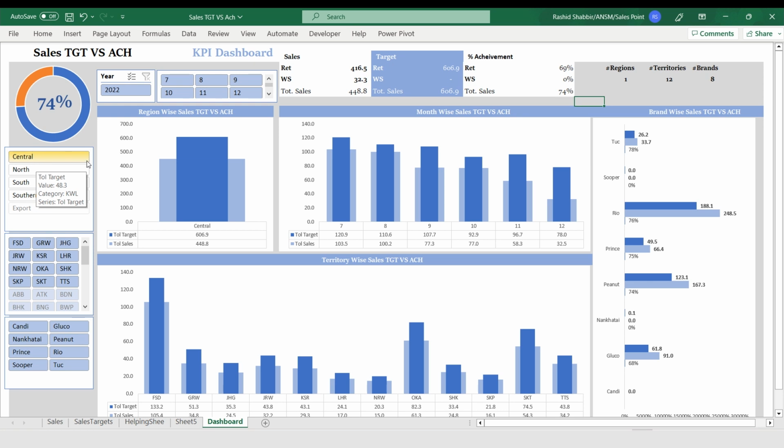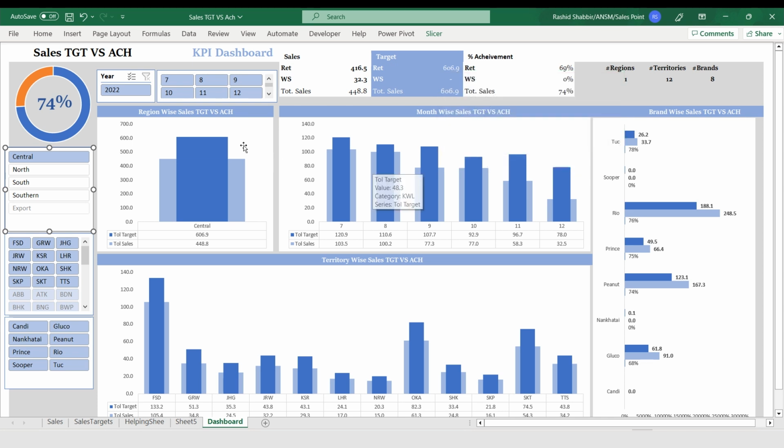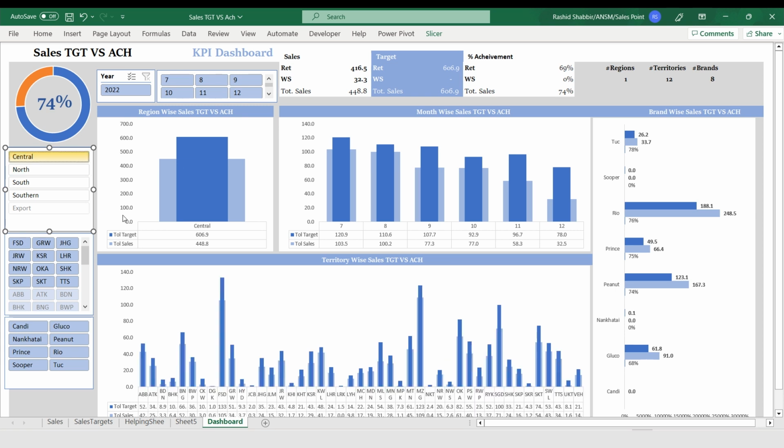One thing I can do here: this chart is also sliced with reference to this region slicer. So if I want to unslice it for the region wise sales, I select this slicer, go to report connection, and uncheck region target versus achievement.